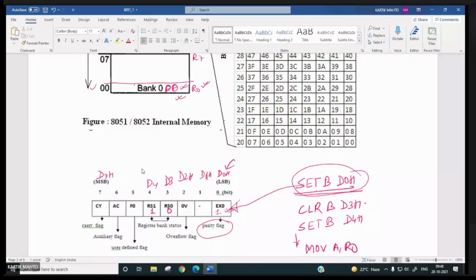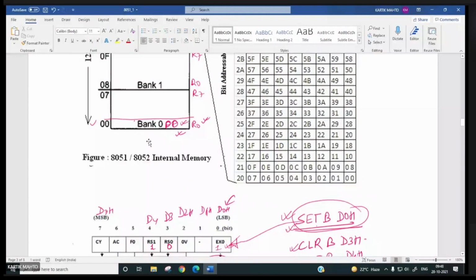Even though this parity flag will be set by arithmetic and logical operation, manually also you can set it, because this register is bit addressable. A typical bit you can set or reset by writing one instruction. Okay? Yes, sir. So now it is clear.